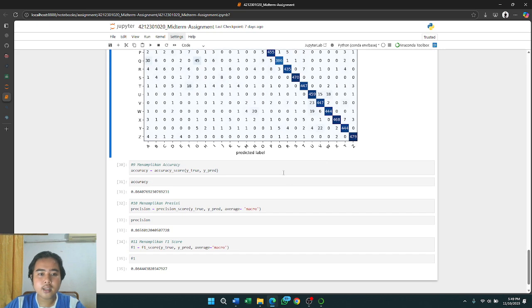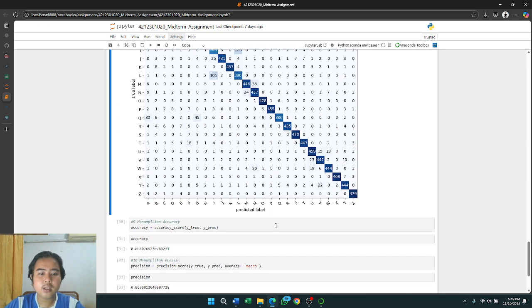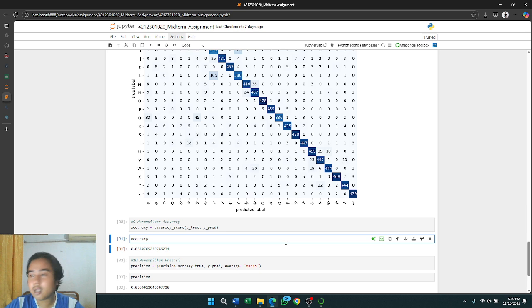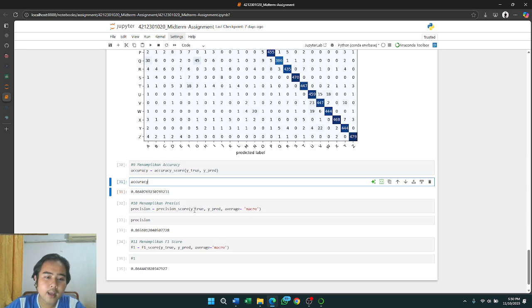Next cells, this result. Next cells is a function to calculate the accuracy level of the classification model based on the prediction result and actual labels. The program will display the previously calculated accuracy value from the result of testing the SVM model using the true original label and prediction label data.